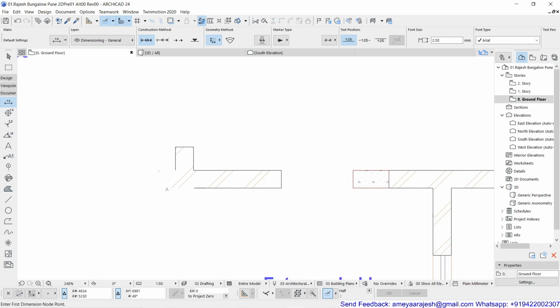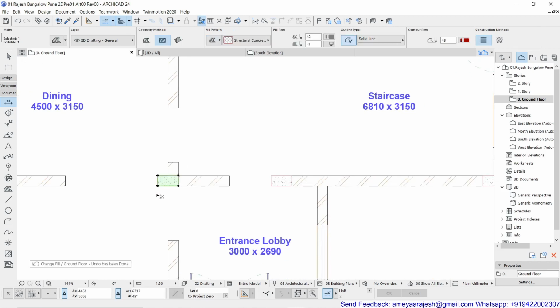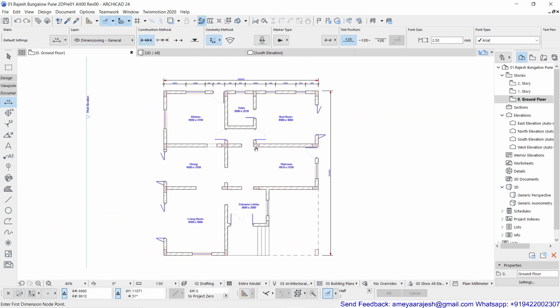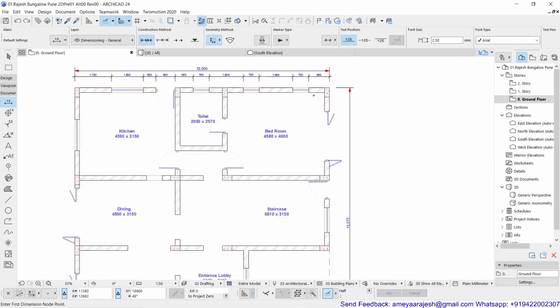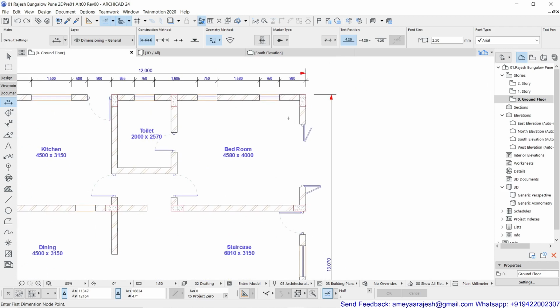Getting the problem? So be careful. Don't unnecessarily select any other object unless you are sure. So I'm pressing Control Z, one step back, so that my undo is done. And this is how this simple function of pick parameters and inject parameters will work for you. I hope you have understood this logic and you will surely try this.